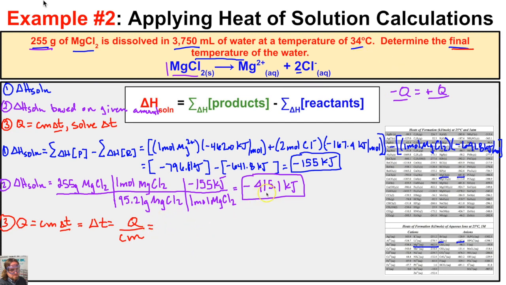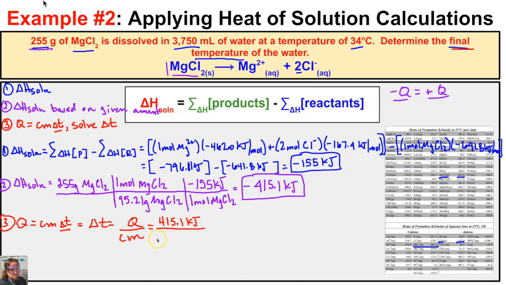So Q is going to equal this right here. This is the amount of energy that the water is going to absorb. So the sign is going to be positive, not negative. So we have 415.1 kilojoules that water is going to absorb from the dissociation of this solid magnesium chloride into these ions. And we're going to divide this by the specific heat capacity of our water, which